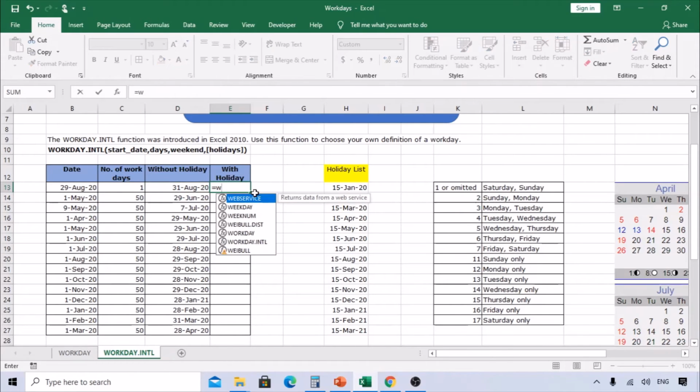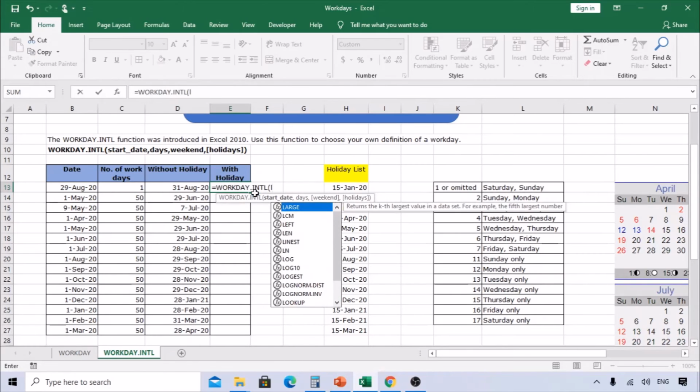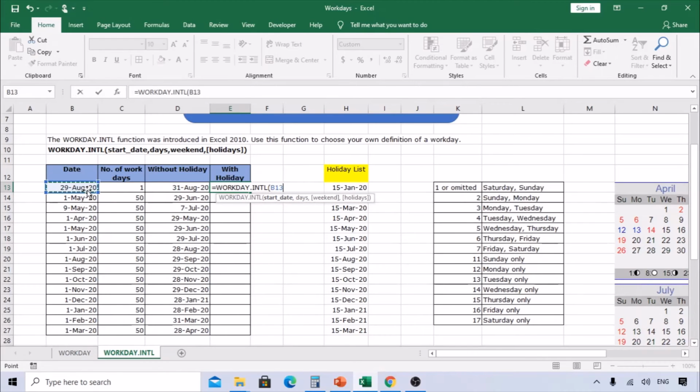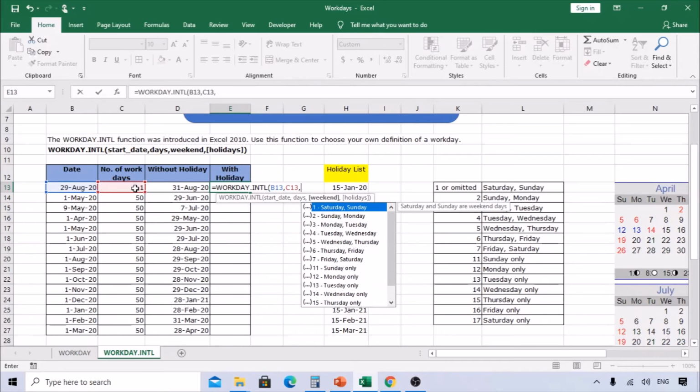Same thing when you use this WORKDAY.INTL, and this is the holiday list for the company, so we can use this updated list. Now it is asking for the start date, so let me select the start date, comma, number of days, comma. Now it is asking which option we need to select.